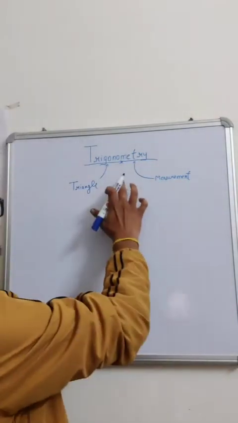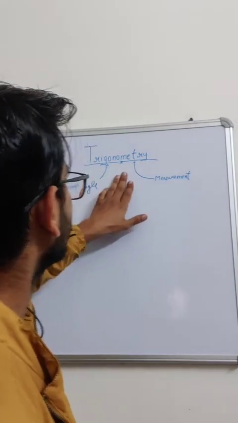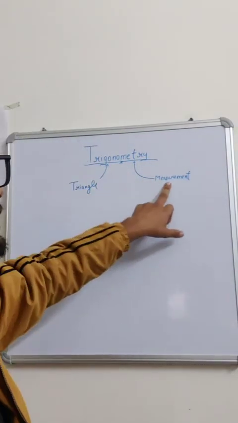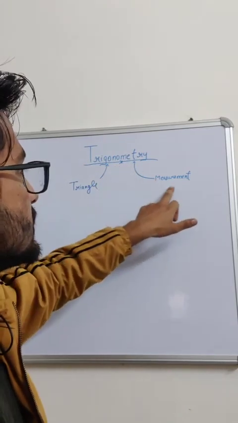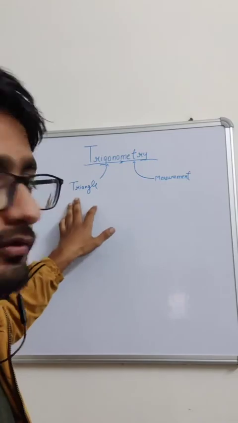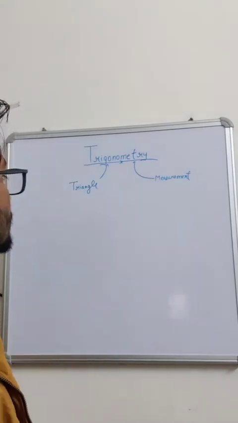Today I'm going to take your trigonometry maths class. As I have already written there, trigonometry means triangle measurement. In the Greek word, the meaning of trigono is triangle and metry is measurement. So I will give you a brief introduction about this for those who are very new to this topic, so they can easily understand what we are going to learn.